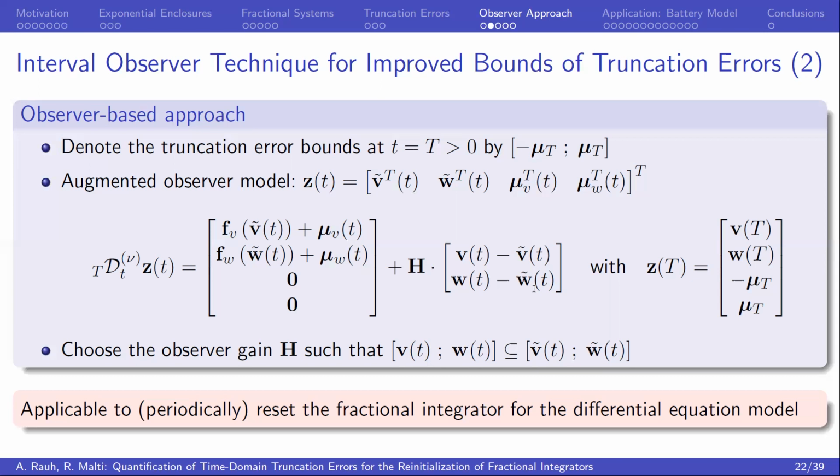And on the other hand, we want to find a parameterization H in such a way that v tilde and w tilde are guaranteed outer bounds for the true state evolution. That means something like an interval observer or a framer for the true system dynamics. The initialization of the state vector at the point of time t equal to capital T corresponds to the simulated results at that point of time and the corresponding constant error bounds by Podlubny's formula.